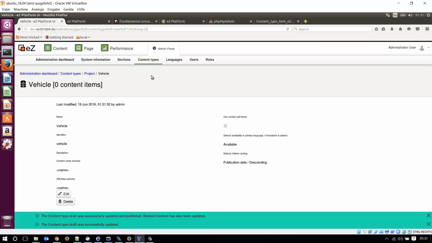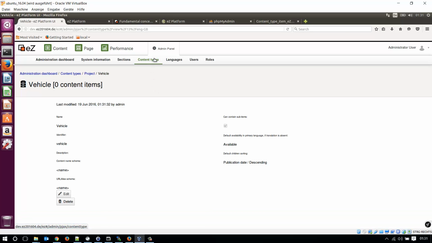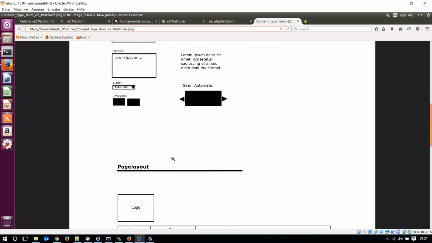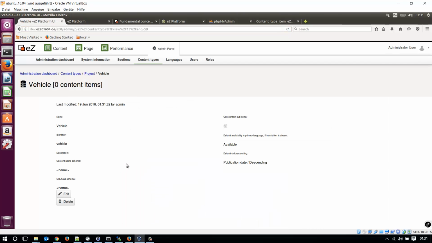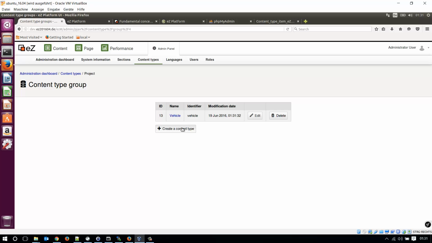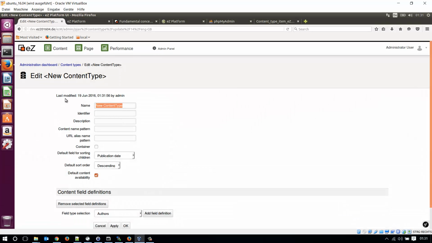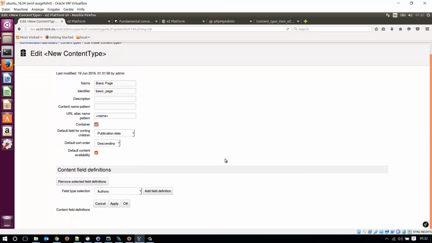The basic page is just the name. I will need just the name, maybe some content when I load this page. I need just some information on this page, but we can extend it. So, and create new content type, and this is my basic page. And I will also use the name for the link, and that must be a container,